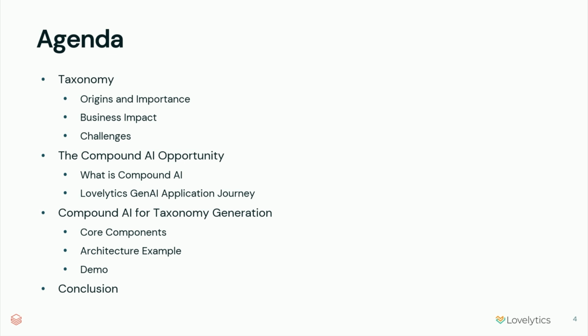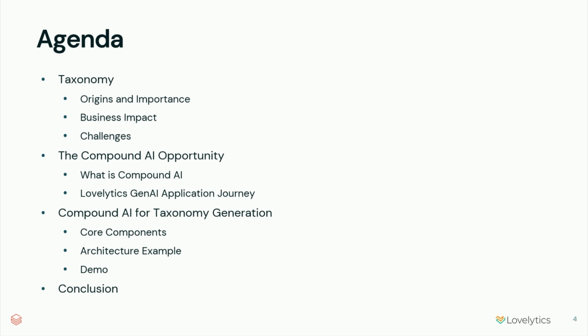So the agenda is divided into 3 sections. I'll talk a little bit about taxonomy, origin, importance, why, all of that. I'll talk a little bit about the compound AI / agents, what is all that about. And then Alistair will bring everything together for us from a compound AI for taxonomy perspective. You'll get to see a pretty cool demo as well, and then we'll conclude. Hopefully, if there's time at the end, we'll take the questions. If not, we'll be hanging around, so please feel free to ask us questions. We have done several implementations of compound and agentic systems, so we'll be happy to share any feedback, any information,